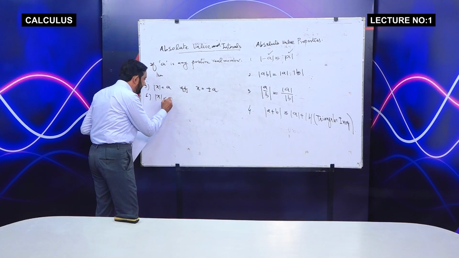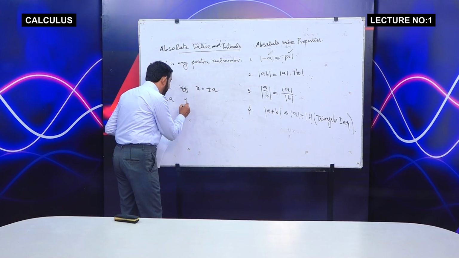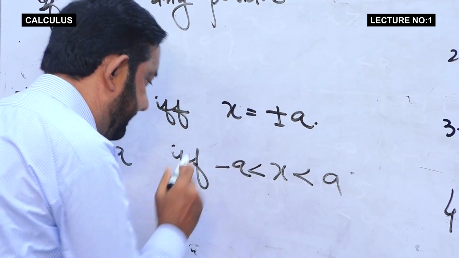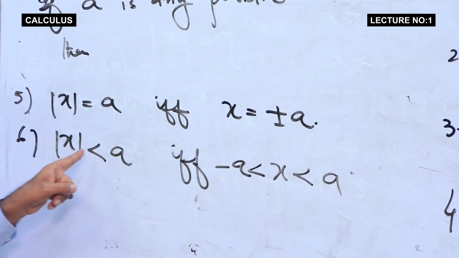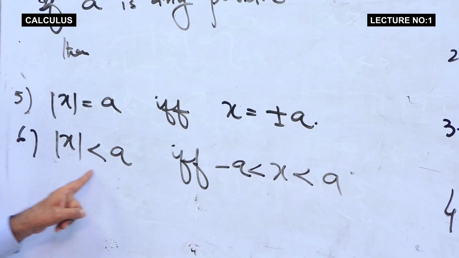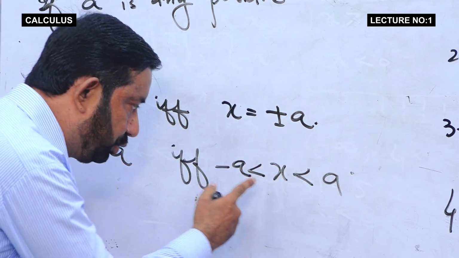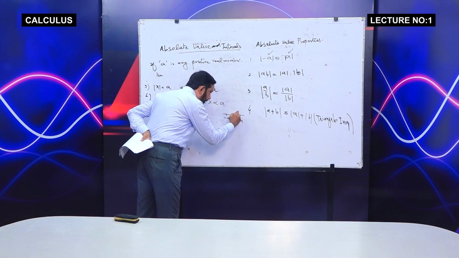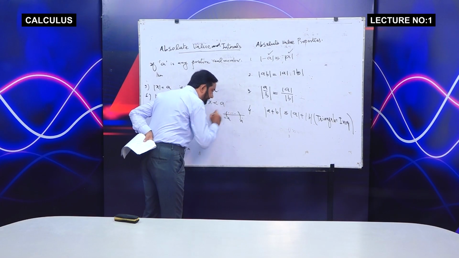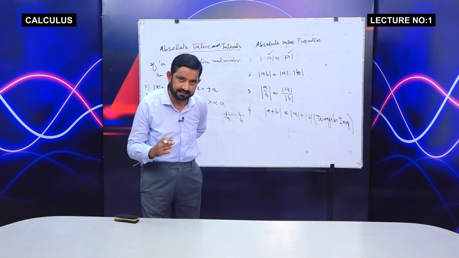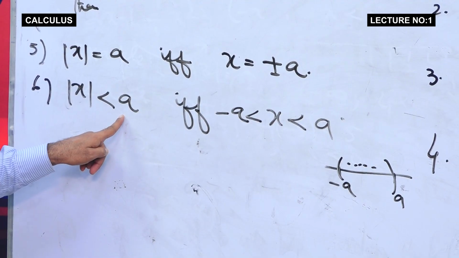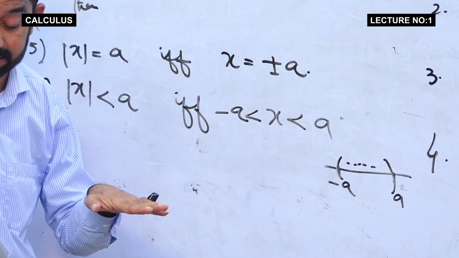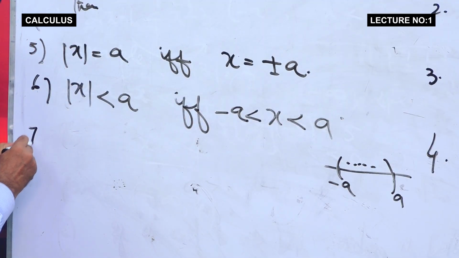So sixth, if |x| is less than a, then if and only if x is less than a and greater than -a. तो इस इंटरवल को मॉड में इस तरीके से लिखा जा सकता है, मीन्स x बिलोंग्स टू, इसको लिखने का दूसरा तरीका ये है, मीन्स दैट कि अगर आपके पास यहां पे -a to a है तो इंटरवल आपका ये ओपन है, तो x इसके दरमियान तमाम वैल्यूज को रिप्रेजेंट करता है। तो |x| अगर less than a है तो इसका मतलब ये है कि आपका x -a और a के दरमियान लाई करता है।